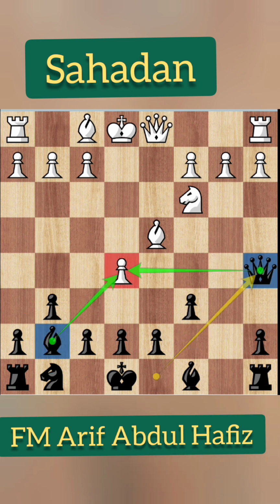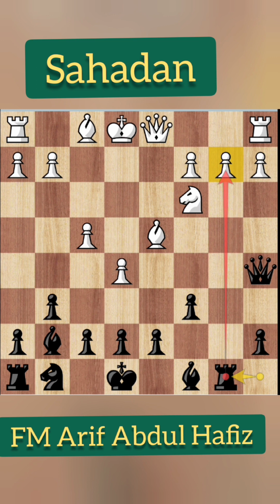Queen a5 is the other move. This move attacks the pawn on e5 twice. The bishop on g7 and queen on a5. And also, black will follow up by playing the rook to the b8 square to attack the b2 pawn. For example, after f4, rook b8,